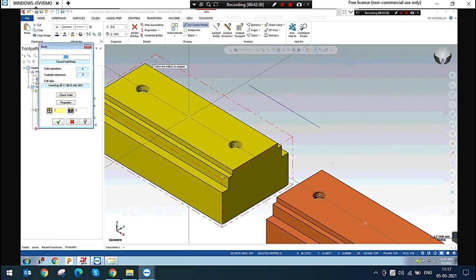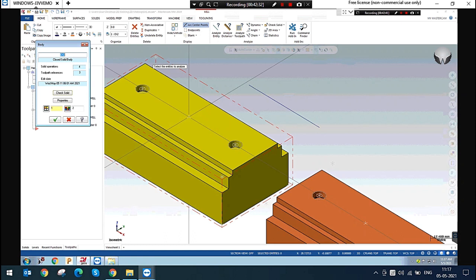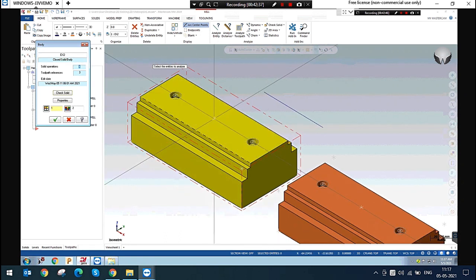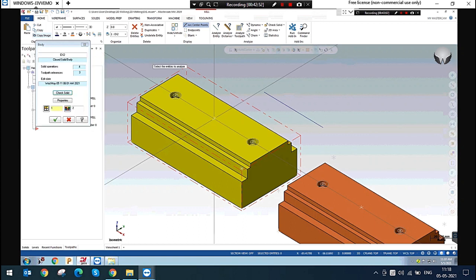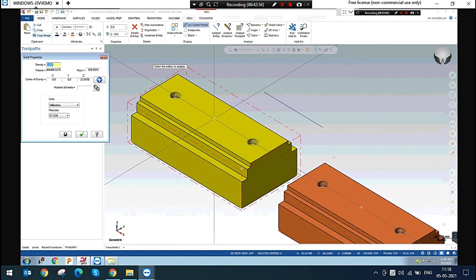If you select the solid model, it also comes with solid operations: how many solid operations are in the solid body. There are 4 operations. Tool path references: there are 3 tool path references. And Check Solid: we can check if there is any error, and it will be shown. And properties of the solid: mass properties, density, volume, center of gravity, where it is, will be shown.